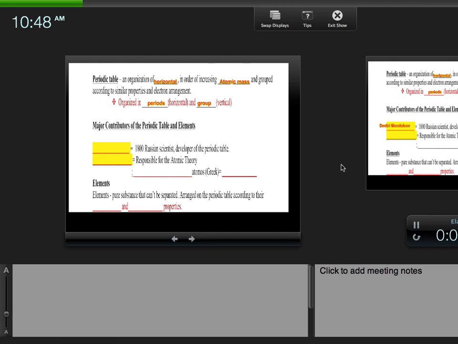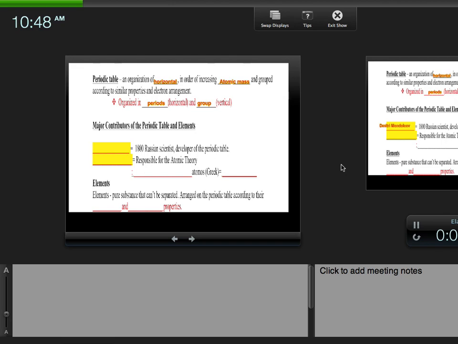Looking at your periodic table, how many periods are there? Looking at your periodic table, how many periods are there, Rosalind? Periods. 7. Periods, that's rows, horizontal, going side to side. There's 7 of them. 1, 2, you see that? And I was going to go to the next one. You don't see it? I see it. You understand? Everyone understand? Okay. All right. So now,